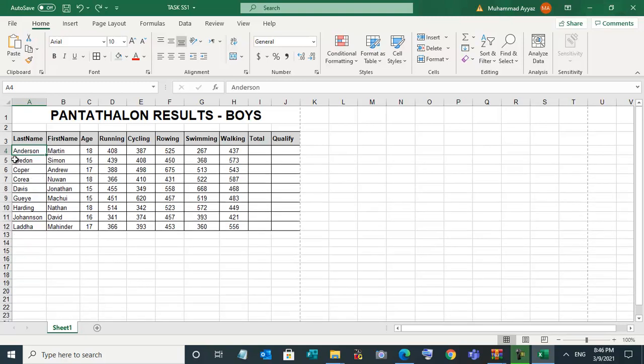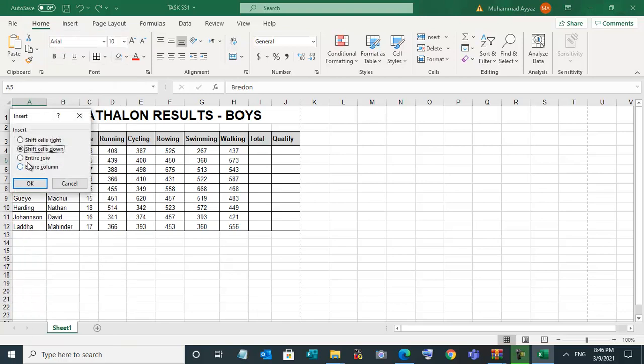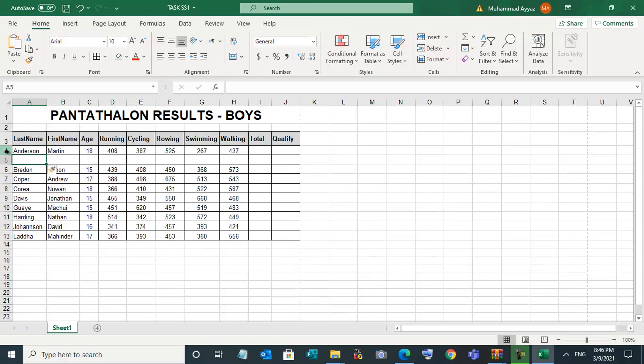Sorry, you will click on the last row. So click on 5, right click and insert entire row. When they ask you to insert a row between 4 and 5, you will click on the number 5, then right click and insert. So in this row, what we will do: Bruning, sorry, not all capital, Bruning, James,